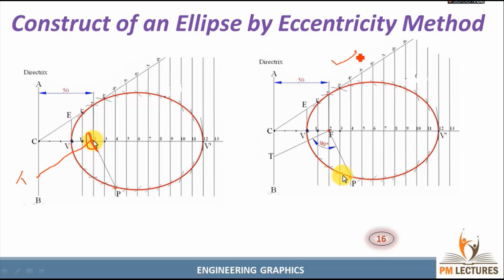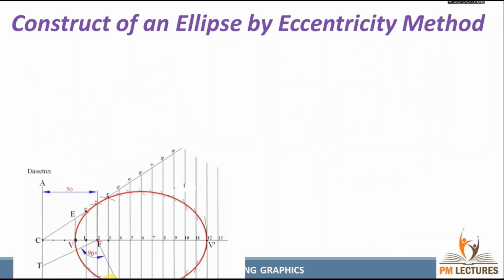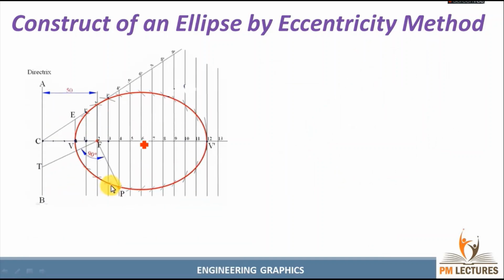So after that, draw a tangent line. That line will pass over the point P on the curve, not inside the curve. So it will be like this. It is difficult to draw here. You can use the scale, you can get it properly. Touch over like this. After that, you need to draw a normal line. This is the tangent line and this is the normal line.